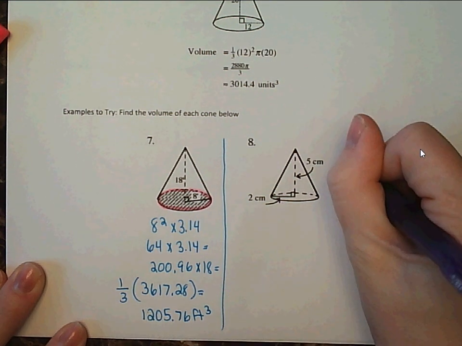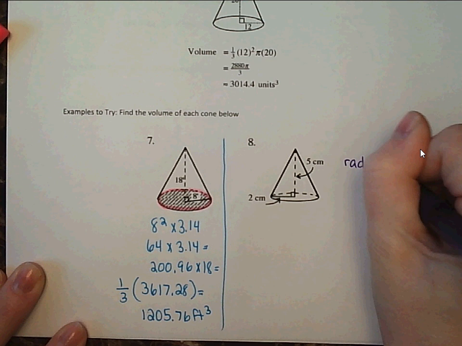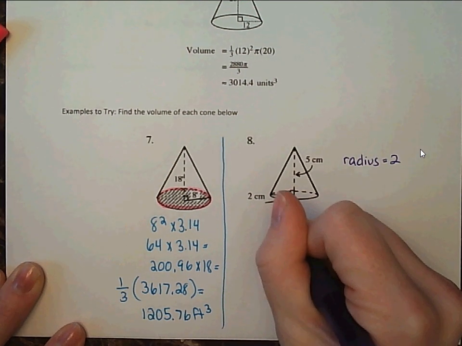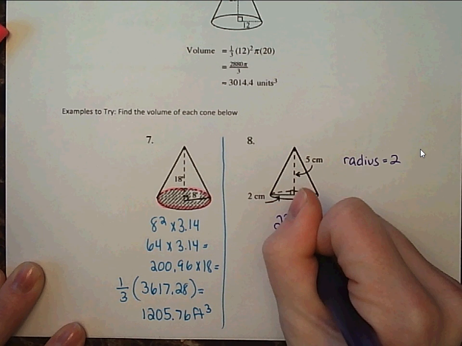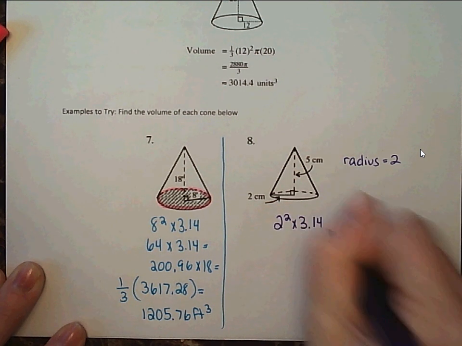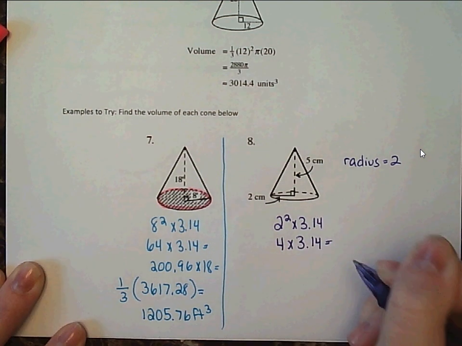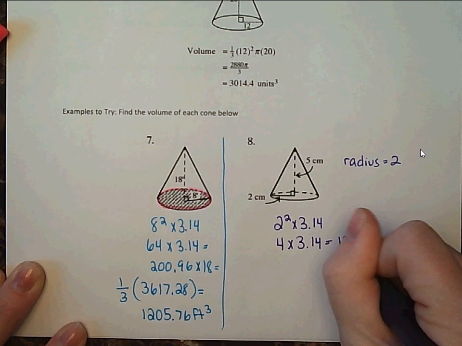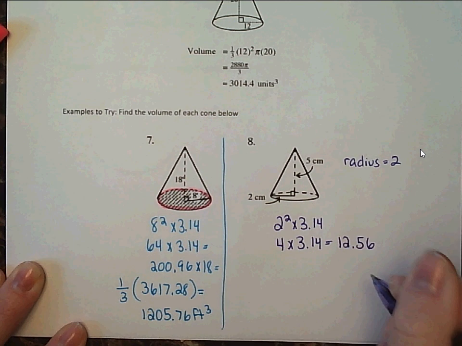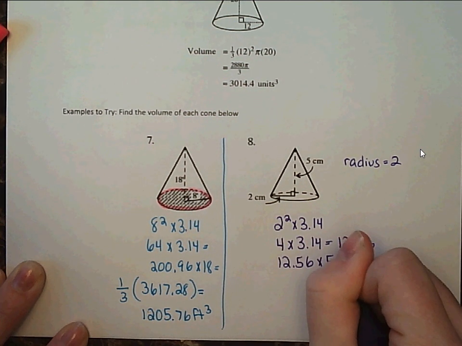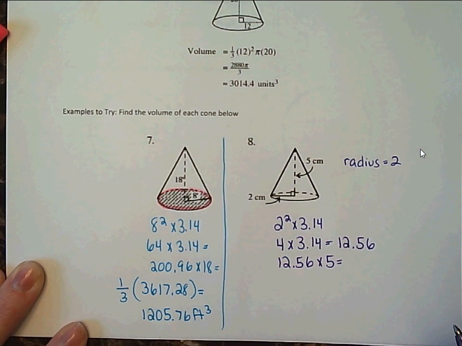So we have a radius of 2 in this case. So we could do pi r squared. So we have 2 squared times 3.14. 2 squared is 4. 4 times 3.14 would be 12.56. And we can multiply that times the height, which is 5. And we multiply times the height, we get